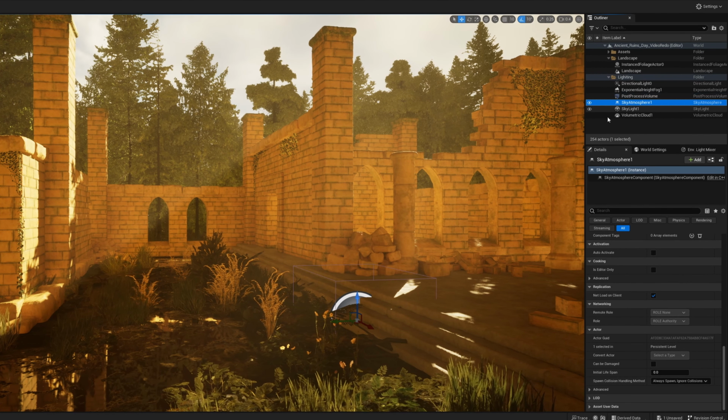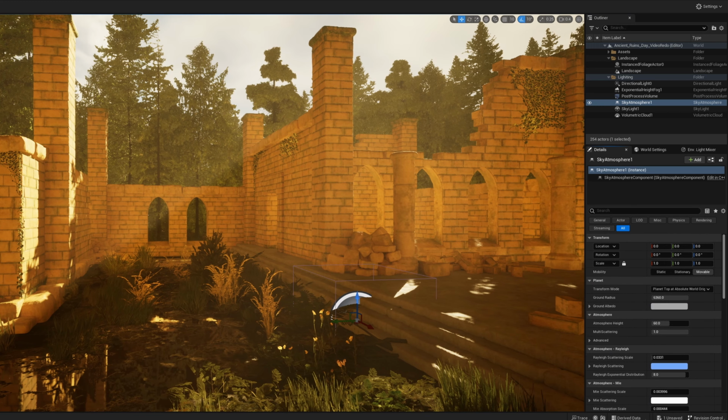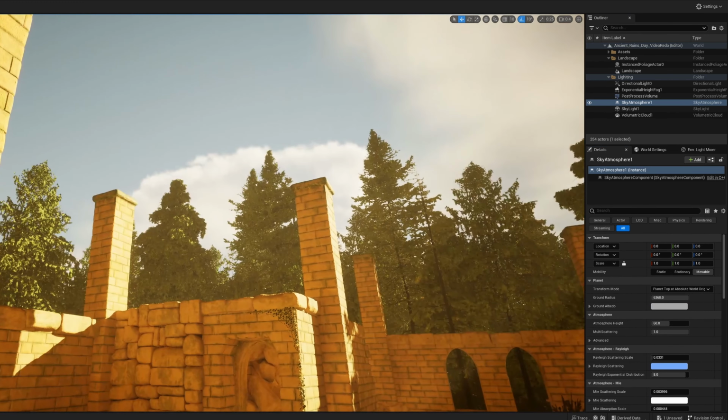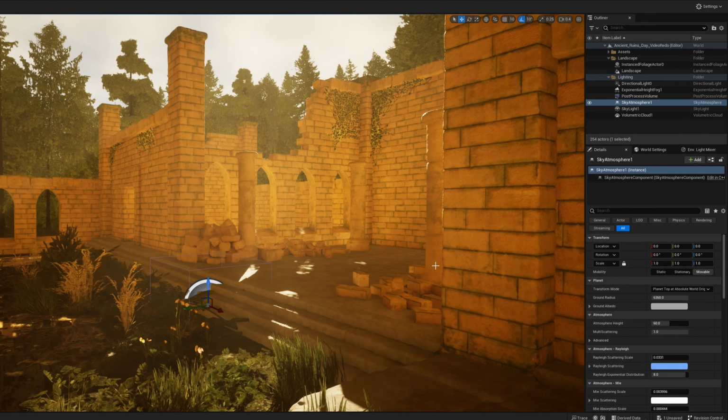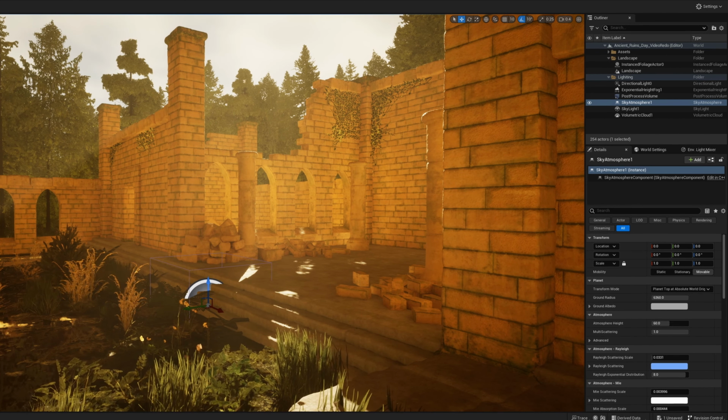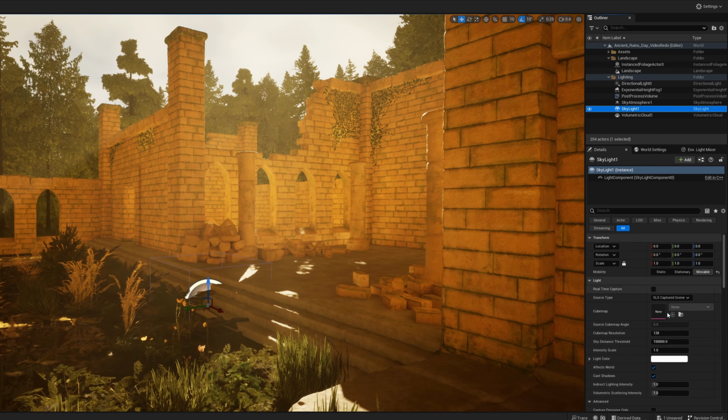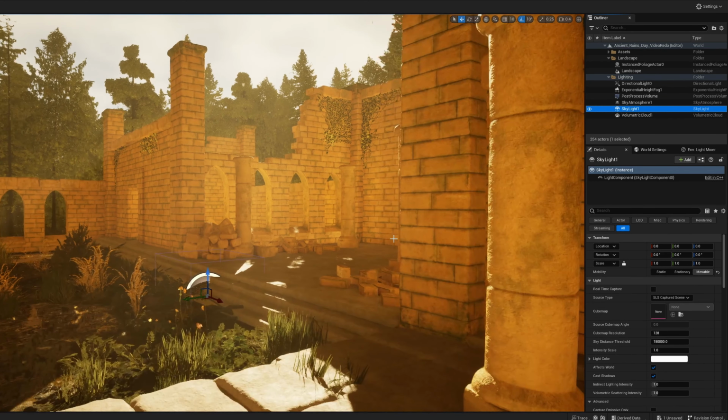Next, we're gonna skip sky and atmosphere, just because the settings here for sky and atmosphere I don't really need to touch. They're good, I'm happy with them. They really don't need to be affected at all. However, we are going to change the skylight, and the skylight is essentially everything that